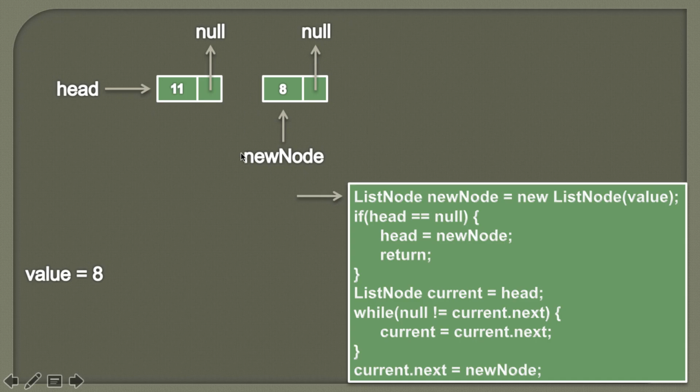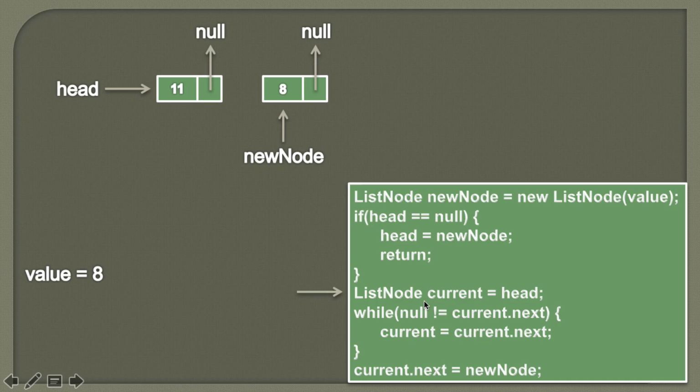So friends, now we want to insert this new node to the end of the singly linked list, and here you can see that the singly linked list has only one node. Therefore this node having the data as 11 is the last node of the singly linked list. So now after this node we have to insert this new node. So we again check whether head is equal to null or not. Currently you can see the head is pointing to the node having data as 11. Therefore the condition in the if block comes out to be false.